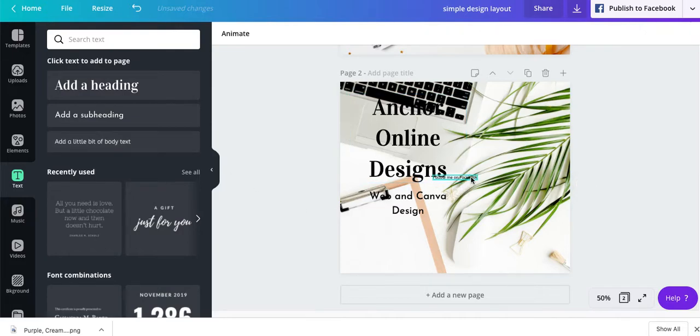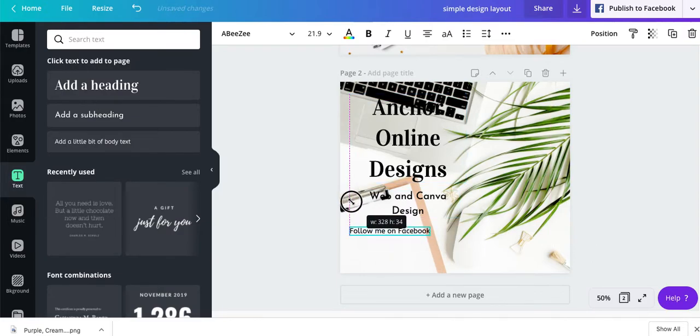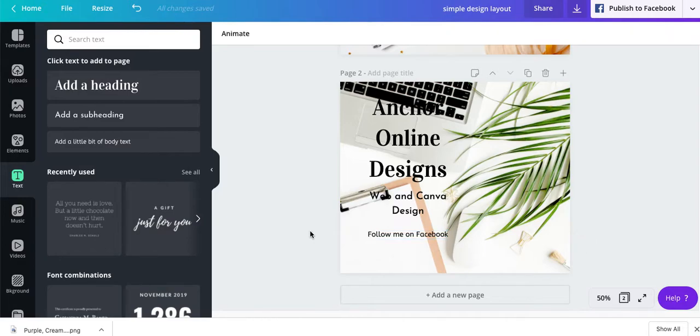So let's just say I've added my Facebook in there. I've lined them all up. Let's make that slightly bigger, but not as big as my subheader text. See, the red line through the dotted line means they're all lined up. Now that looks good, but we are struggling to see this text, and a simple way to make your text